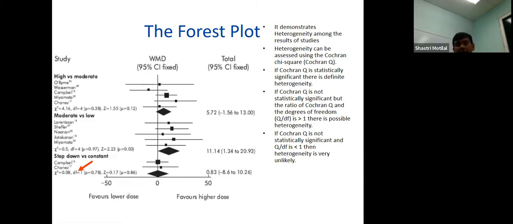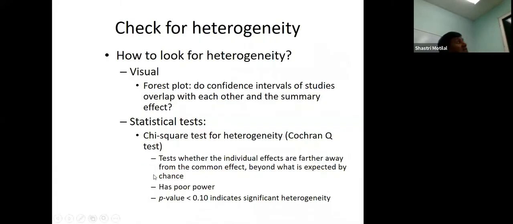So visually, you could look at this and say, well, the studies seem to be finding similar findings, just watching the studies and making a judgment call. So that's a visual test for statistical heterogeneity. You could also do it statistically, right? To do it statistically, you use a test called the chi-square test for heterogeneity.